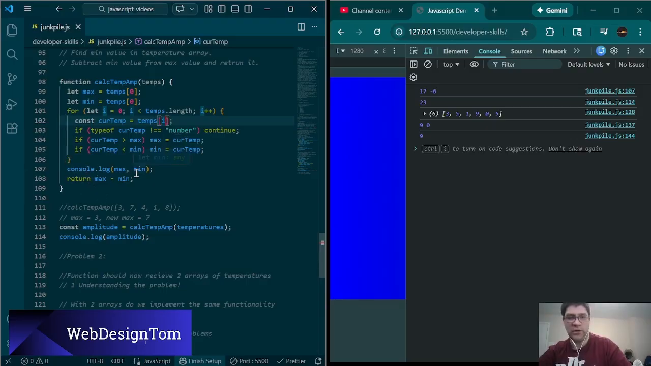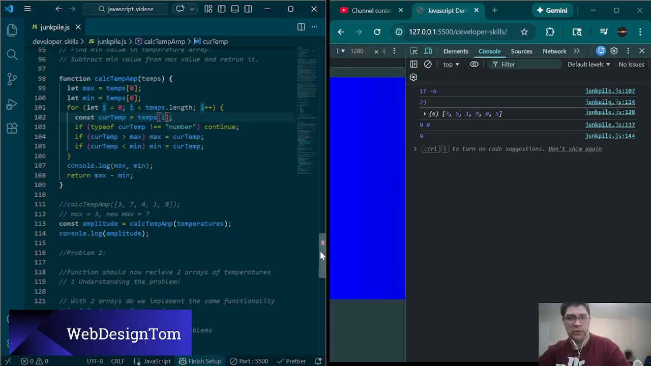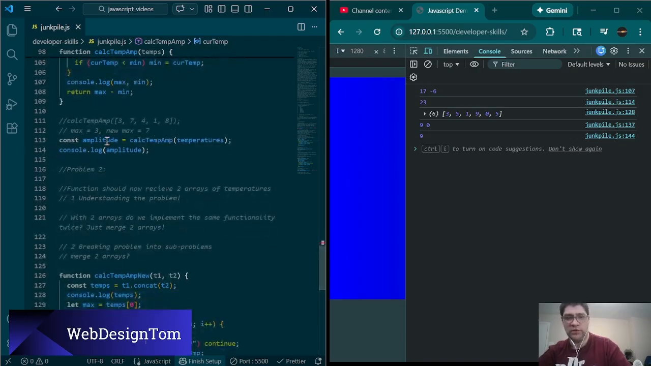And then we just logged it to the console. That's what you're seeing here, max and min. And then we had to return max minus min, so 17 minus -6 is 23. So that's what we did. And then we logged the function to the console. So it just iterated through the temperatures array, which